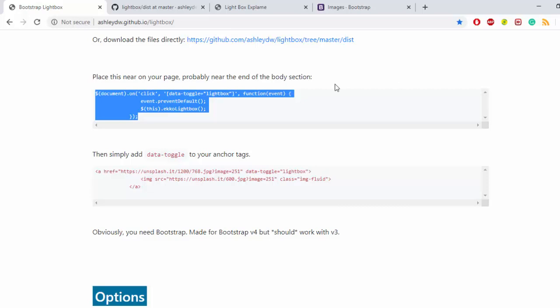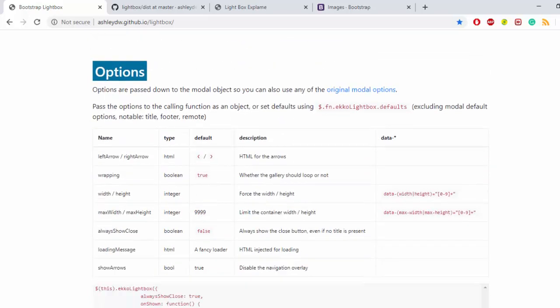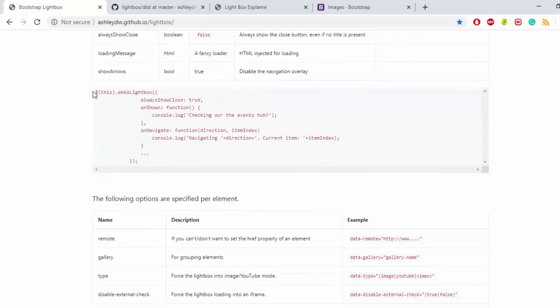So this is the very simple one where you have a data toggle of Lightbox and you have an a tag and an image tag with a class. Anything which we have already added in Bootstrap doesn't bother it. And here is the image, right? So this image and this image should be equal. Okay, this image URL and this image URL should be equal, and here you have a data toggle. So this is the one option we have, and also see we have another option.